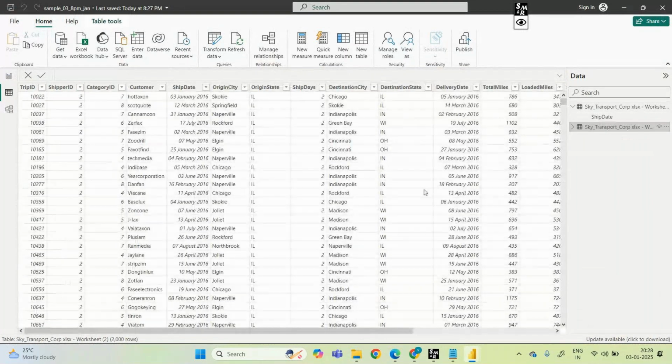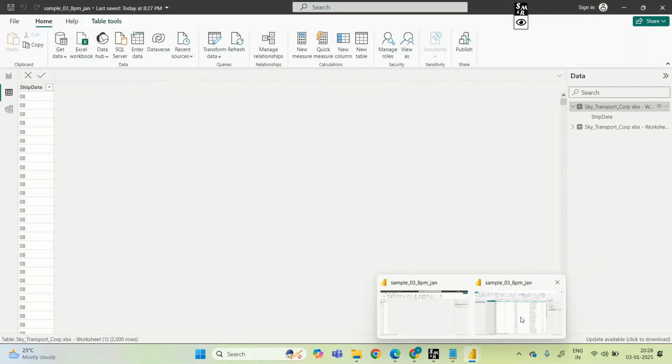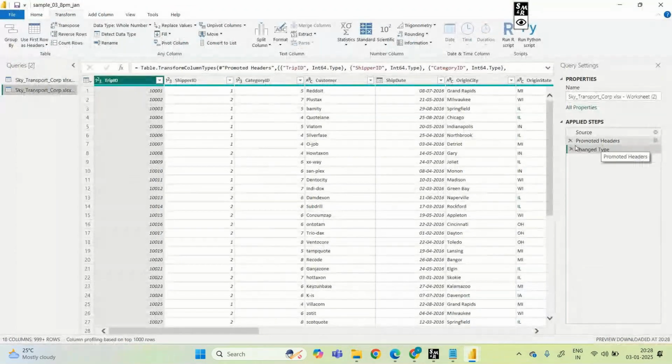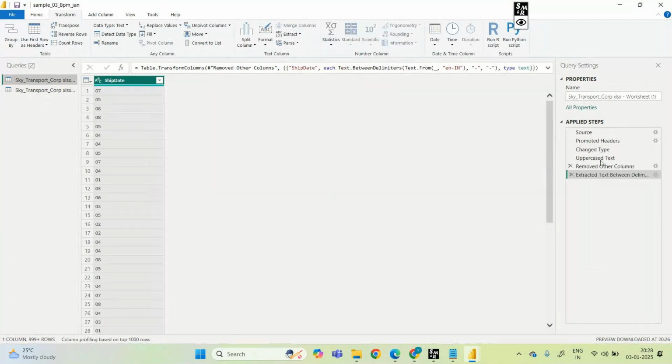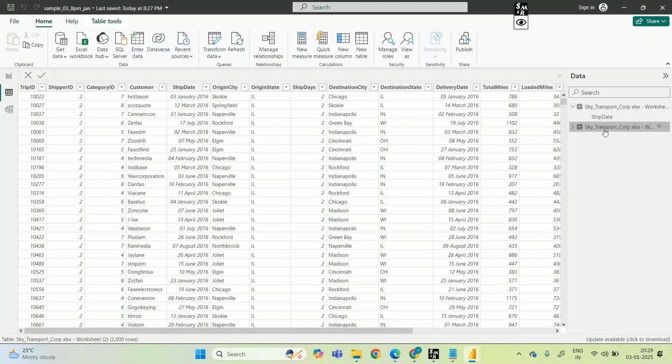See, here only the ship date came, meaning the operation which we performed here was saved and reflects into this desktop part. For that particular part we have gone with Apply. Here you can see the entire data has been taken again.